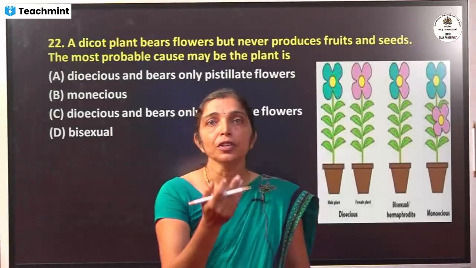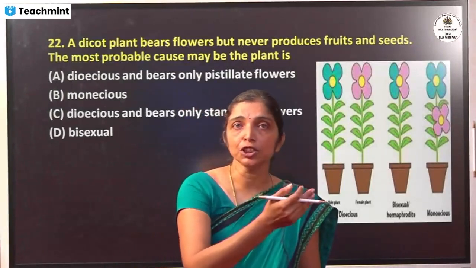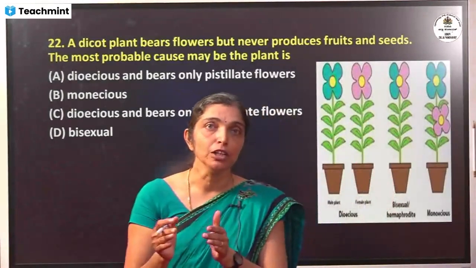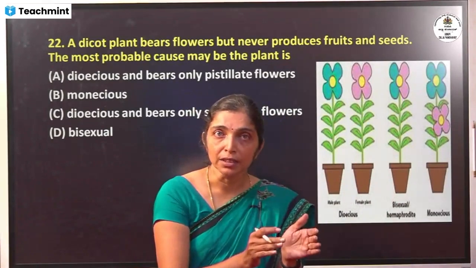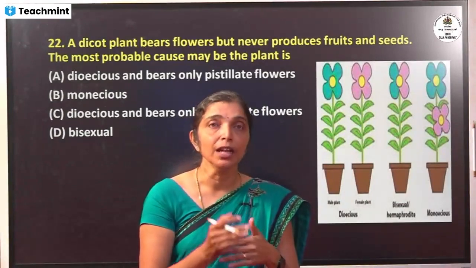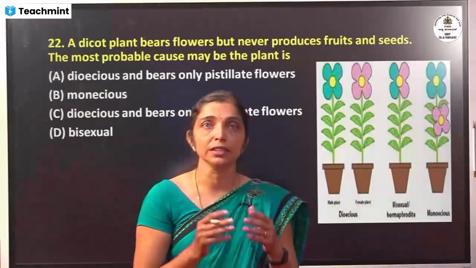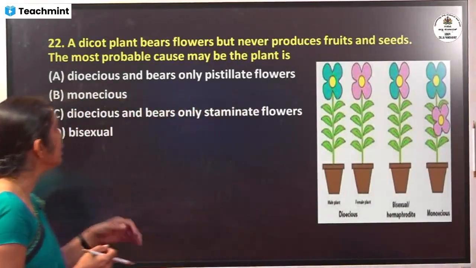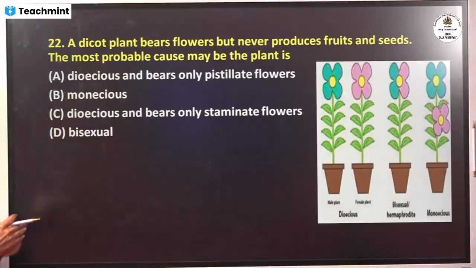And when you say dioecious plant, I said you have a separate male plant and a separate female plant. So if the male plant has male flowers, then it is known as a staminate plant. And if it has female flowers, it is known as a pistillate plant. So, a dicot plant bears flowers but never produces fruits and seeds. The most probable cause may be